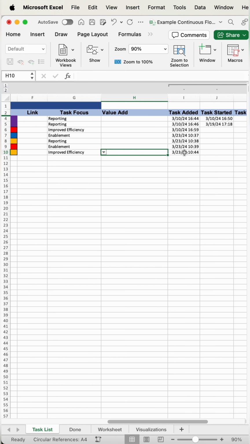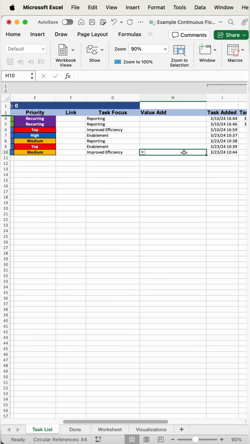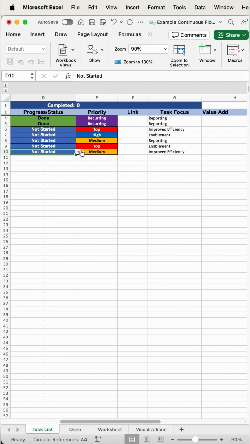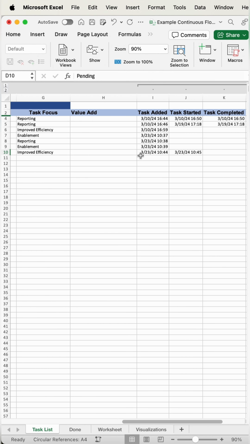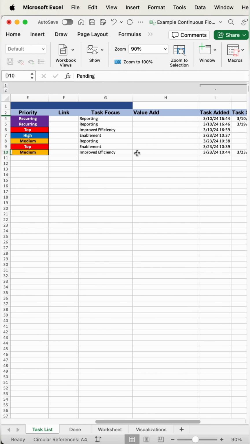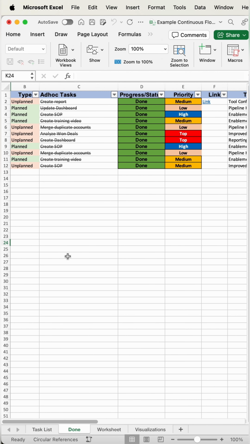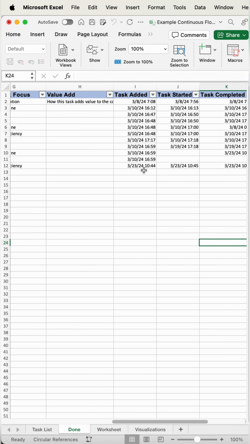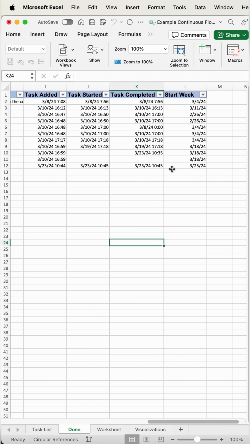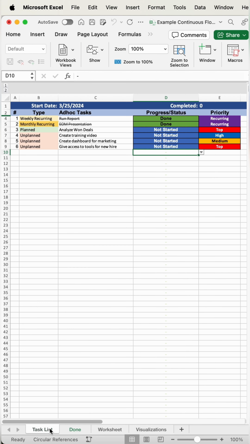And then we have a few timestamps. So we have a timestamp under Task Added whenever we added Not Started to our task. And if I update the status to Pending, we'll have another timestamp that appears. And this time it's under Task Started. And the task itself will also turn green. And for all priority types except for recurring, whenever I change the status to Done, it will completely disappear from this list and go to the bottom of the Done tab. And during this process, it also adds a timestamp under Task Completed, and it shows what week this task was completed. And for the week that is completed, it pulls from cell C1, which is the start date, in their